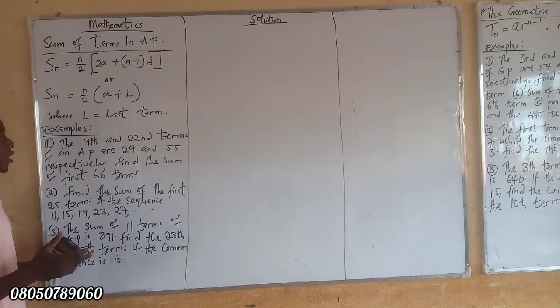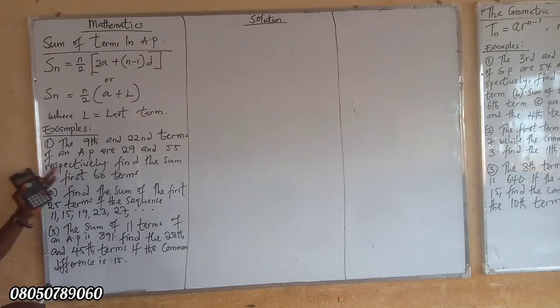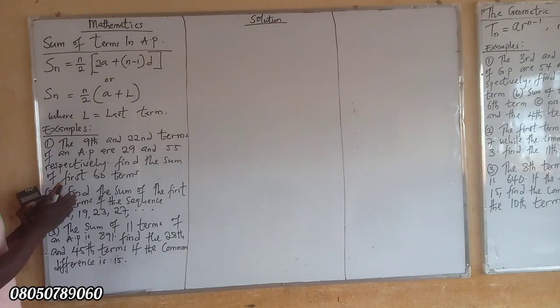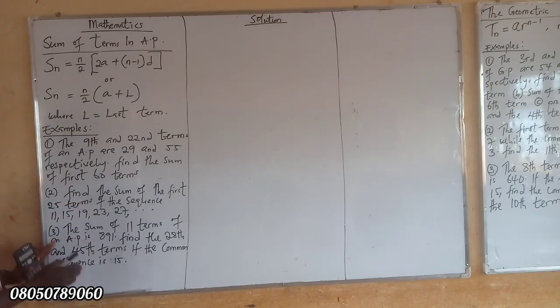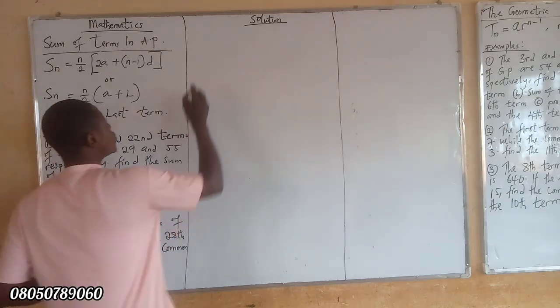All right. So now we have some questions here. We have question 1, question 2, and question 3. Question 1 is very, very important. I will not be starting from question 1; I'll be solving it last, and it's what you actually need. But I'll use question 2 and question 3 as a background, to see how I can explain one or two things. Now let's go to question 2 straight away.